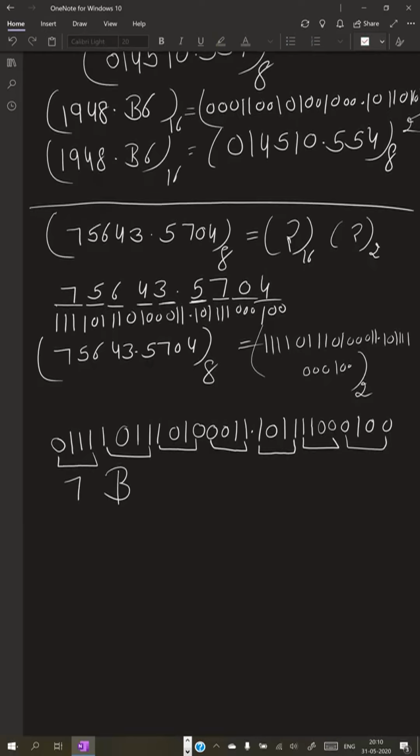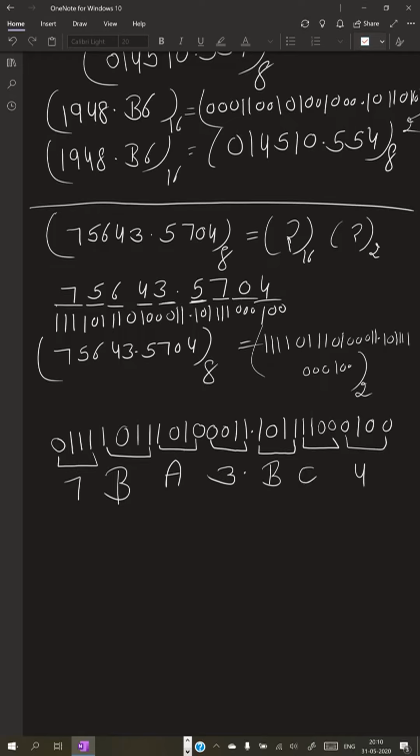After that you can write down 1 0 1 0 means a, 0 0 1 1 3 dot means b, and 1 0 0 0 c, and this one is your 4. So this is our hexadecimal number.